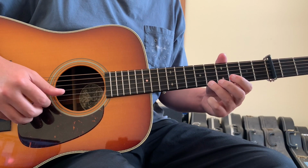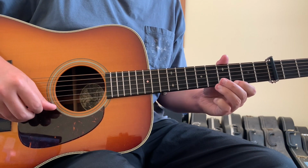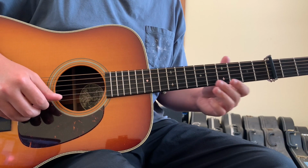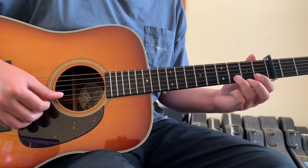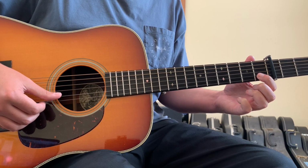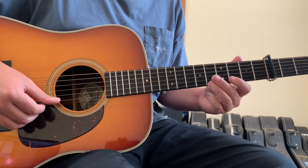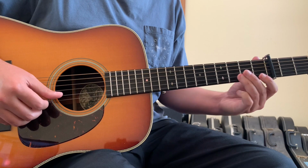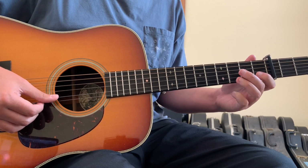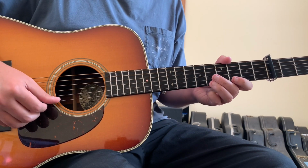and then second finger to the 2-string 5 fret. Then you're going to come down to the 2-string 3 fret with your ring finger, first finger to the 2-string 1 fret, hammer back on to the 2-string 3 fret. So the same movement as up here. You're just now doing it. After the hammer on to the 2-string 3 fret, you hit the open 3 string. And then you'll repeat